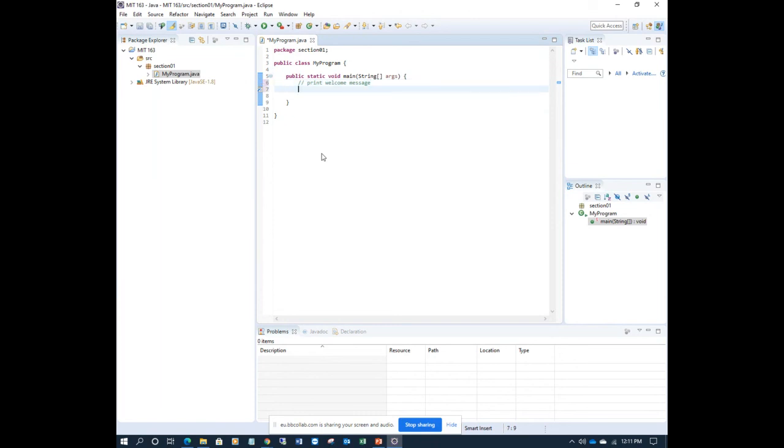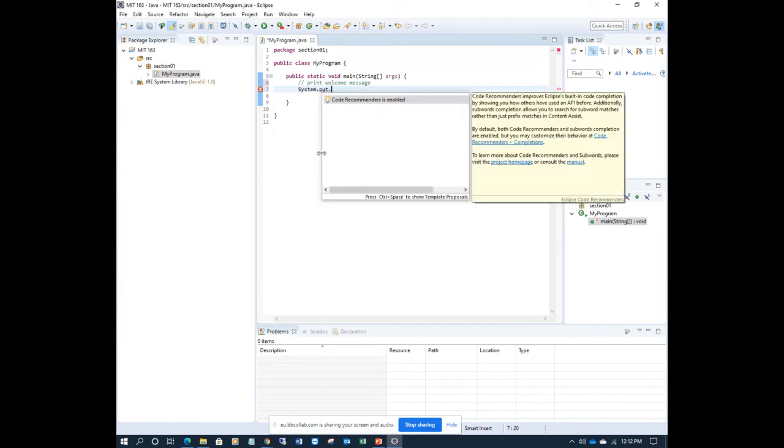How to print a message? There is a statement or instruction to print any message as an output, so there is a method. Just remember this one: System.out.println, or just print. Write down System.out.print. Okay, then open parentheses, double quotes, and write down welcome to